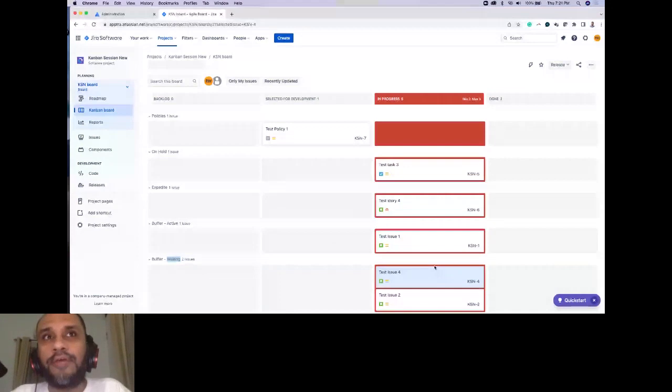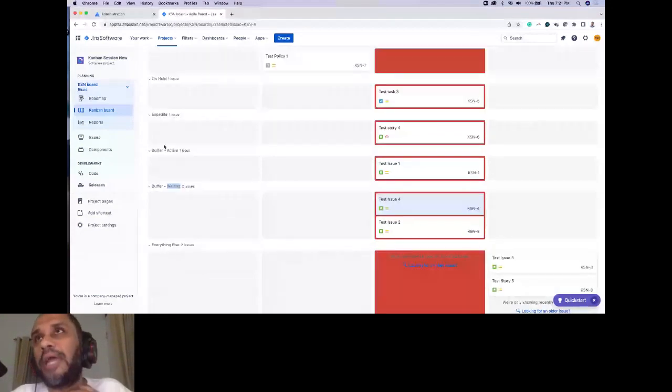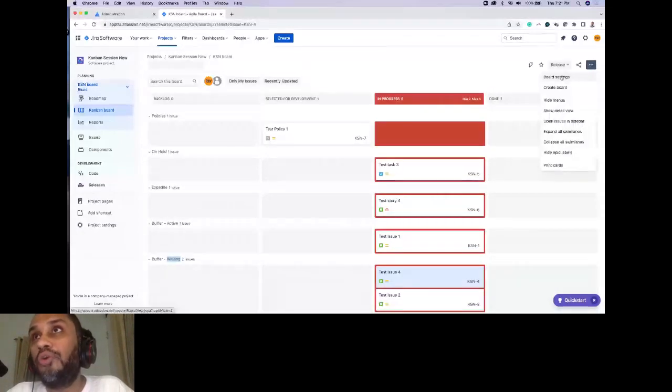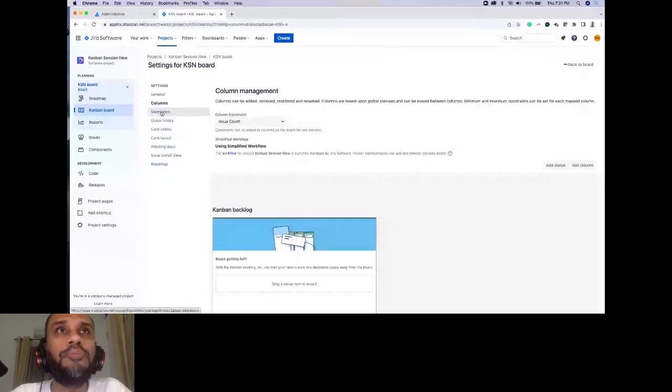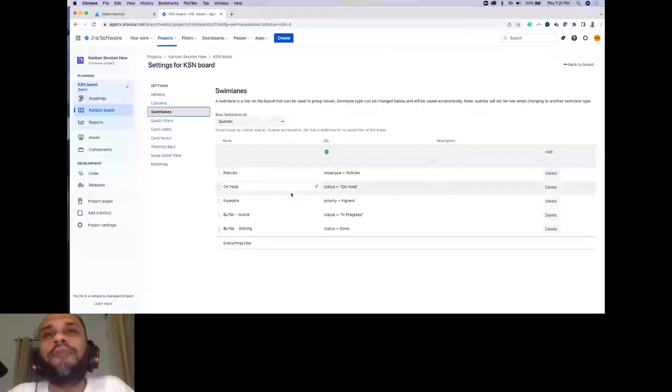So basically what I've done is I've added 2 swim lanes, an active swim lane as well as a waiting swim lane. All right. Now if I go to swim lanes, you will see that I've actually just added 2 JQLs.